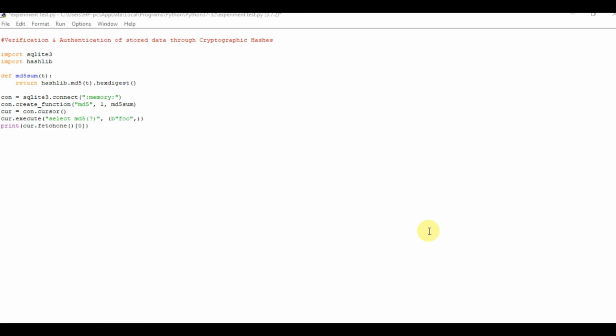And you're going to obviously use a cursor, connect the cursor, and you're going to name it as cursor as well. So cursor.execute, and you're going to execute that cursor by using select md5, and b is normally a standard whenever you want to have the hexadecimal format. So b foo means b is also